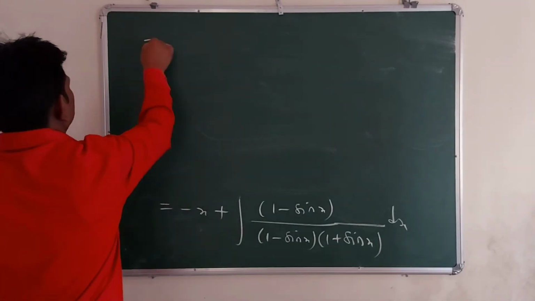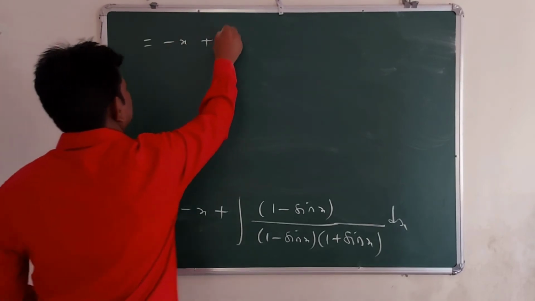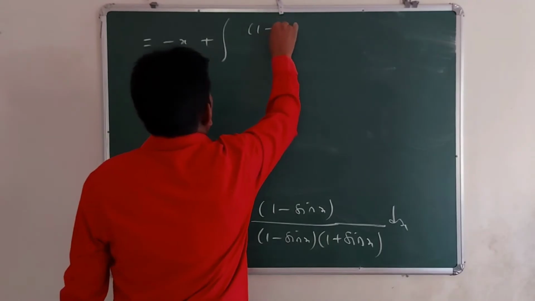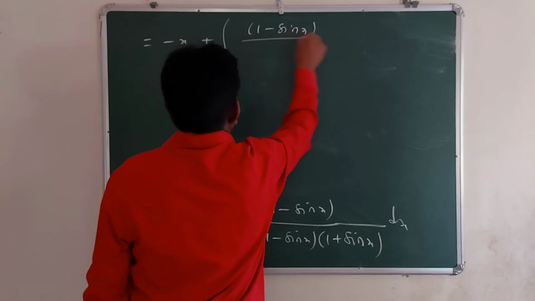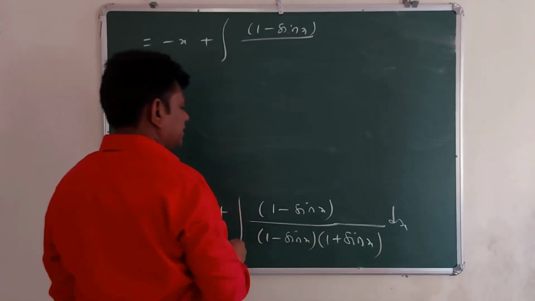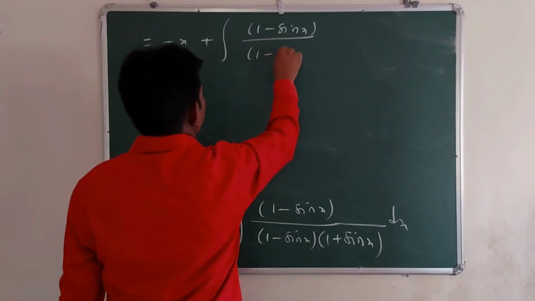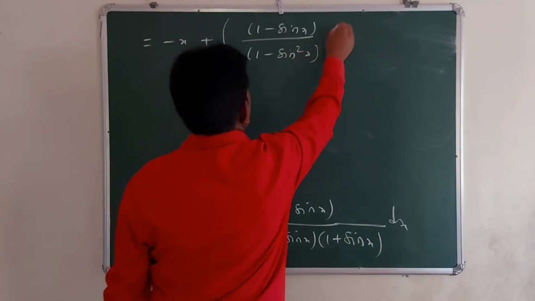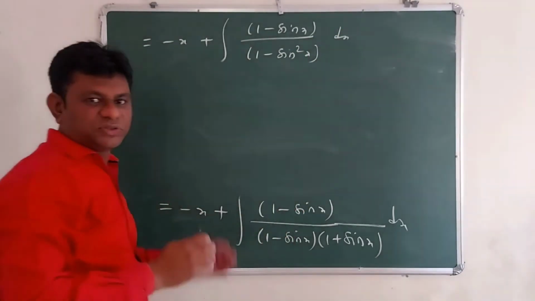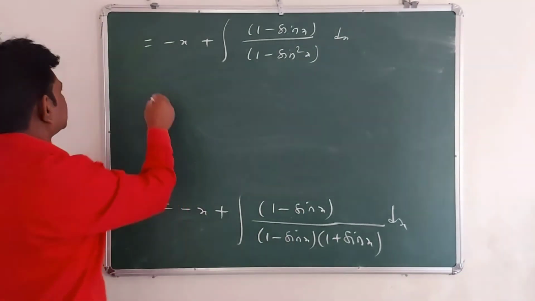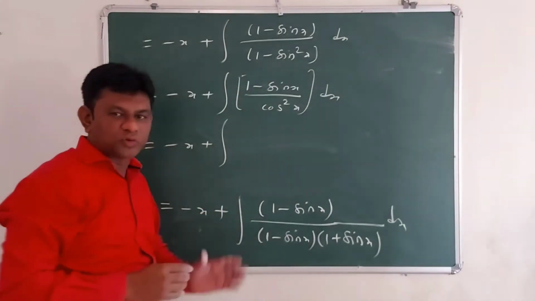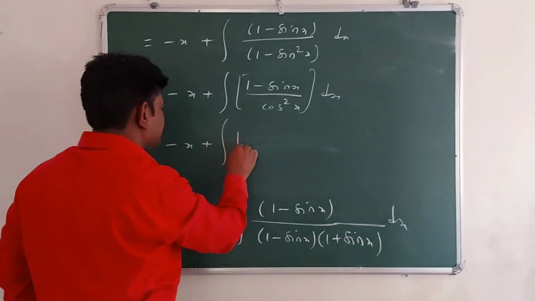Now this is equal to minus x plus the integration of 1 minus sin x. Now 1 minus sin x times 1 plus sin x is 1 minus sin square x. Now 1 minus sin square x is cos square x. Now 1 upon cos square x is sec square x